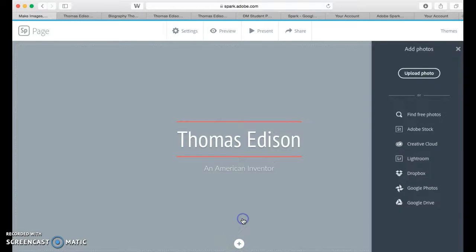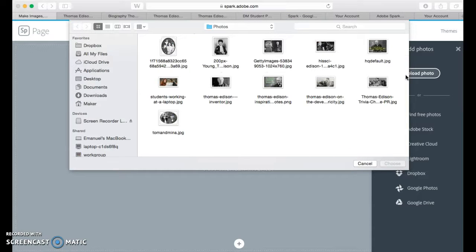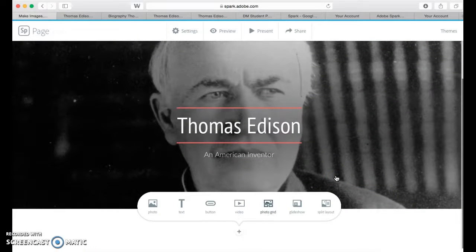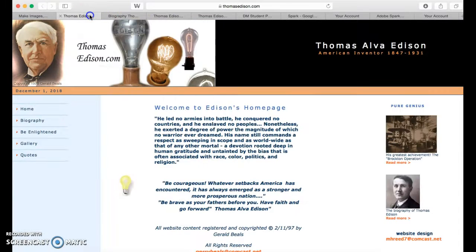Click on the plus to add a background picture. I have my picture selected, so I'm just going to upload pictures for this one. So that's going to be my first picture, and as I scroll down, the menu shows up again. I'm going to do the split layout to start with. I'm going to add one image on the left side, just going to be that one, and then on my right side I'm going to add